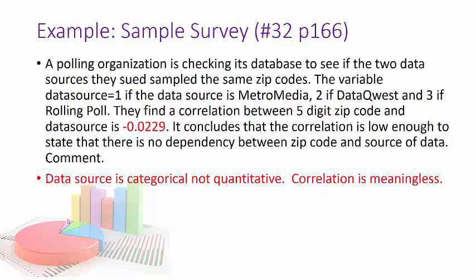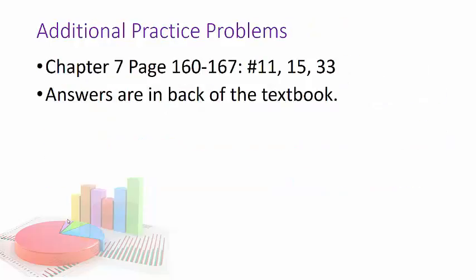Well, first of all, the data source is categorical. These numbers of 1, 2, and 3 are just sort of labels. You could do a correlation, even though it's meaningless here, and it might change if you switch 2 and 3 or 1 and 3. So there's no way to use correlation for this. This is categorical data. Some extra problems for you to practice. Try problems 11, 15, and 33. And the answers to those are in the back of the